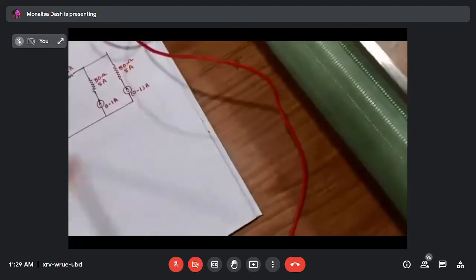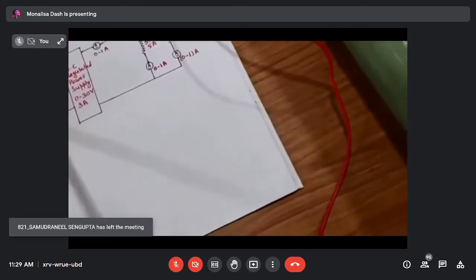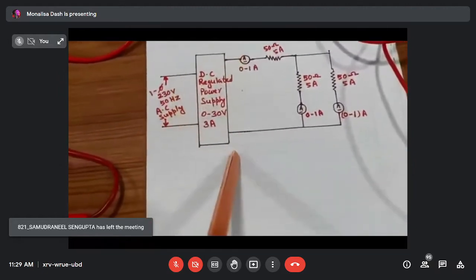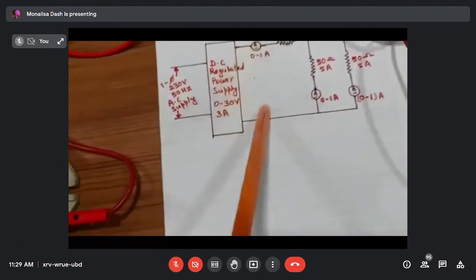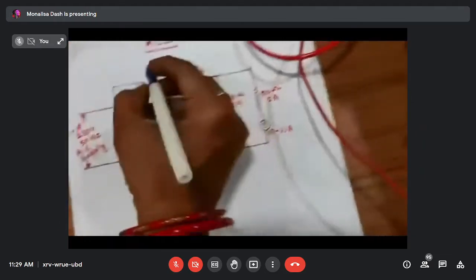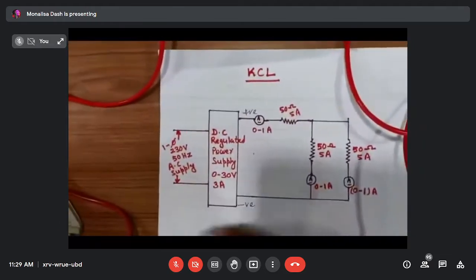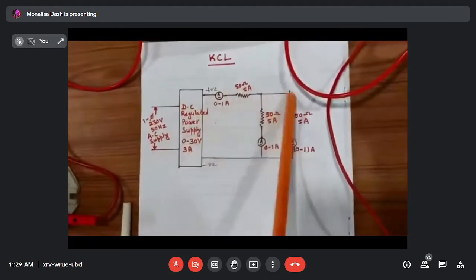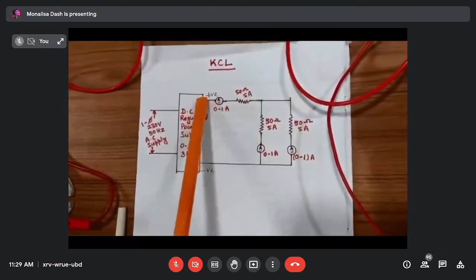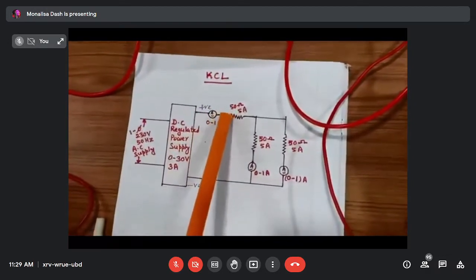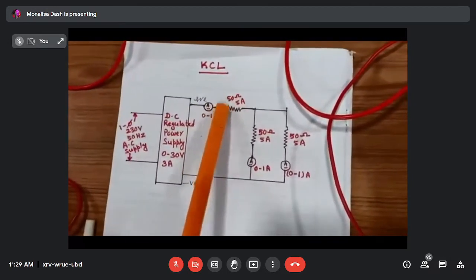In our circuit diagram, single phase AC supply is there, and this is my regulated power supply. This is the output of the regulated power supply. This is my positive and this is my negative. First you connect all series connections, means positive to ammeter common, ammeter 1 ampere to rheostat first end, then second